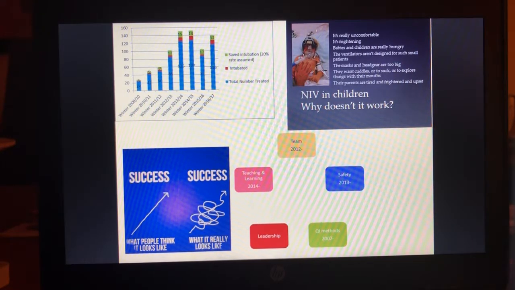And the way we really tackle this is illustrated to some degree in the bottom right-hand corner pictograph, which shows how we've been employing quality improvement methods from 2007, so we've become reasonably good at it, and that the opportunity of changing our team came along in 2012, and so after that, with the change in team, we were able to focus a bit more on things like safety, and introducing various